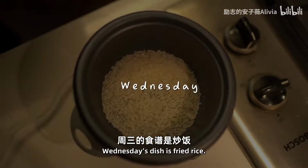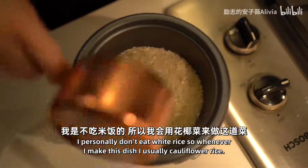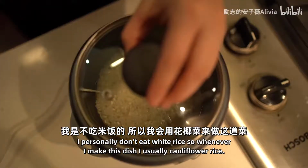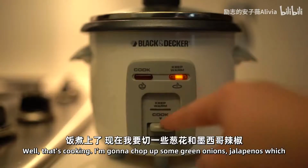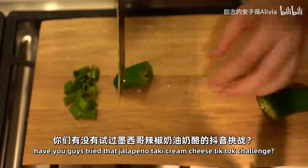Wednesday's dish is fried rice, so I'm gonna cook white rice in this cute little rice cooker I have. I personally don't eat white rice, so whenever I make this dish, I use cauliflower rice. While that's cooking, I'm gonna chop up some green onions, jalapenos,